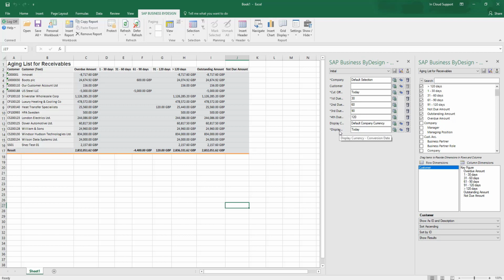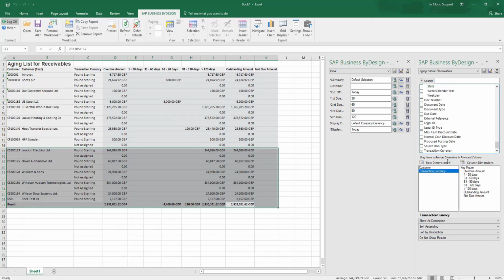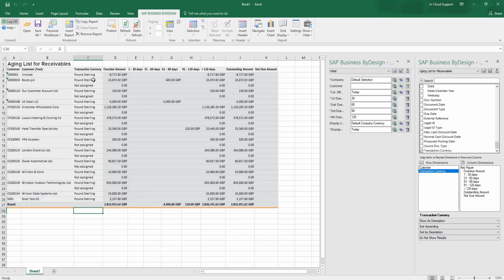You can actually just base all your reporting in here, and then to the right we've got the view where we can add things to the report. So for example, a common one that's added here for aging list for receivables would be the transaction currency. So I'll just scroll down here. If I tick to add that, we've then got our transaction currency in there where applicable